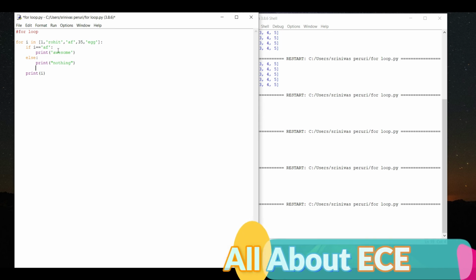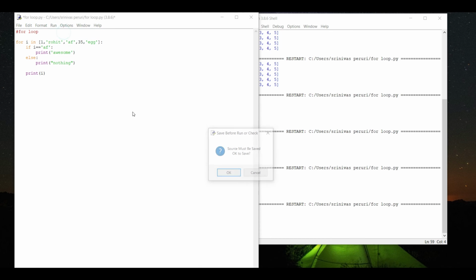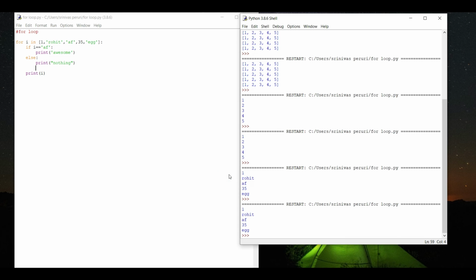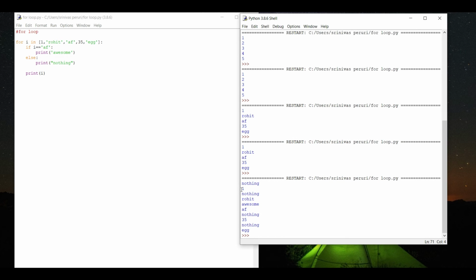Let's run this one. In the first case, 1 is not equal to "AF", so it will print nothing. In the second case, Rohit is not equal to "AF", so it prints nothing either. First the condition is executed, and then irrespective of that, the value is printed.